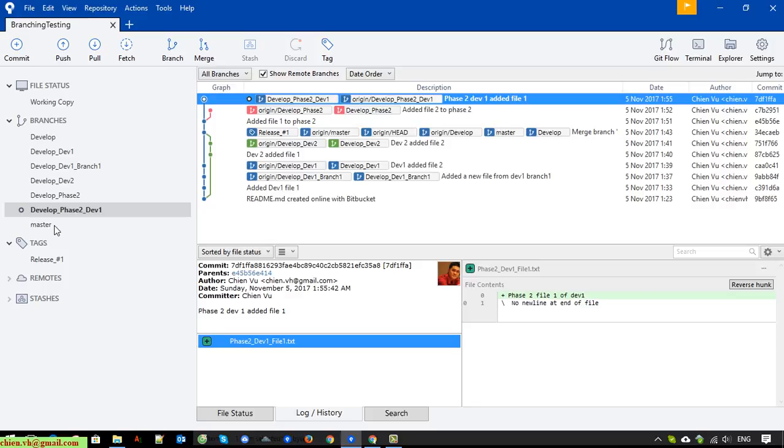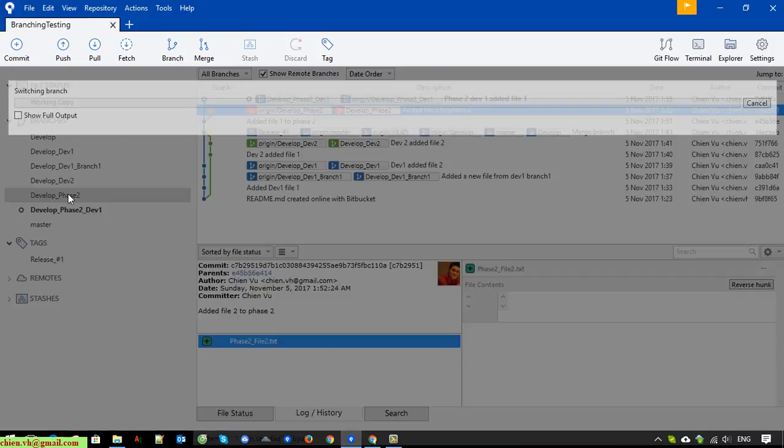And actually, when you are working in a project, we should always keep the code of the master stable. So when you want to modify the source code, you should create another branch to do it instead of doing it directly on the master. Okay. So now I will open the dev to